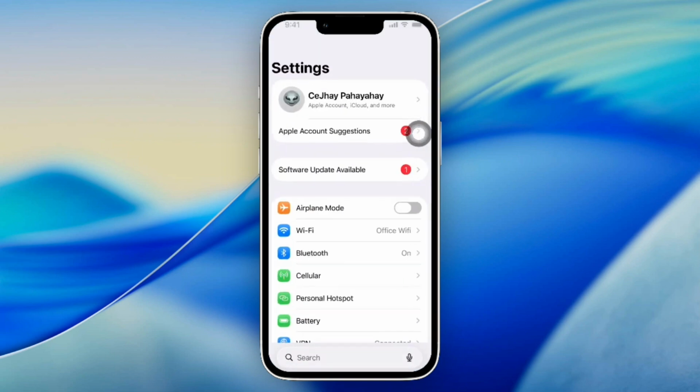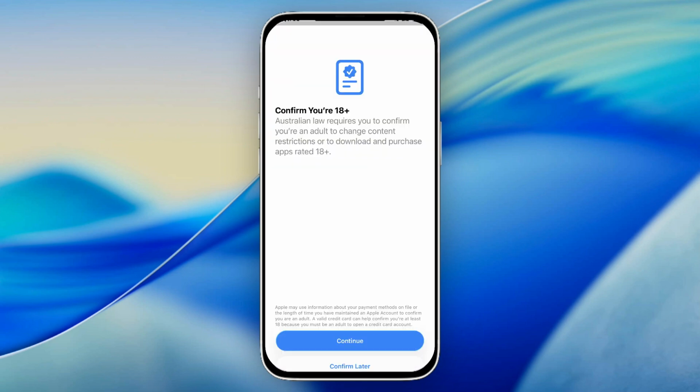So first, open up the Settings app on your iPhone. Near the top of the screen, look for the Confirm Your 18+ option and then tap on it. And then you'll see a message explaining that you must confirm that you're an adult before changing content restrictions or downloading certain apps. So tap Continue, then follow the instructions on the screen, and you may be asked to verify